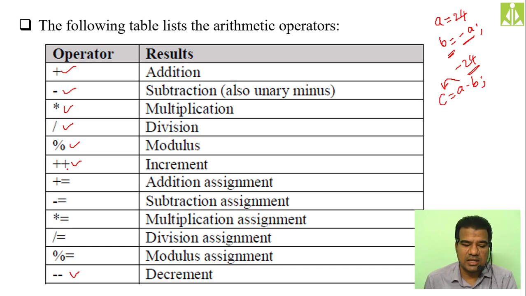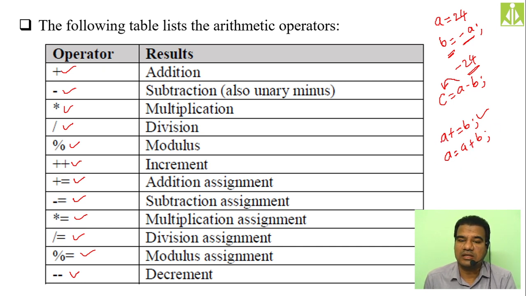The next thing, these are all compound assignments. We call them addition assignment, subtraction assignment, multiplication assignment, division assignment, and modulo division assignment. Their role, I guess you know. If you are writing a plus equals b, what exactly does this mean? a equals a plus b. We can say this is the shorthand notation for this expression. When you have an expression in this form, you can write the shortcut in this way: a plus equals b. That means a equals a plus b.